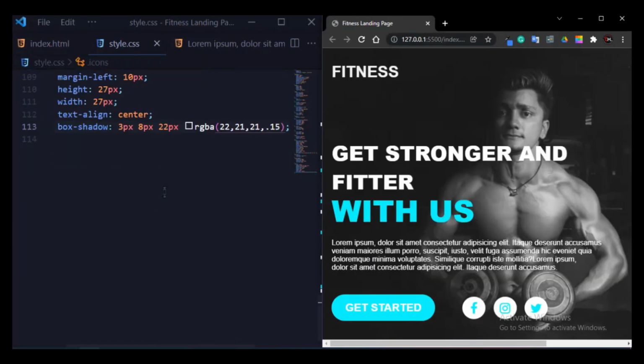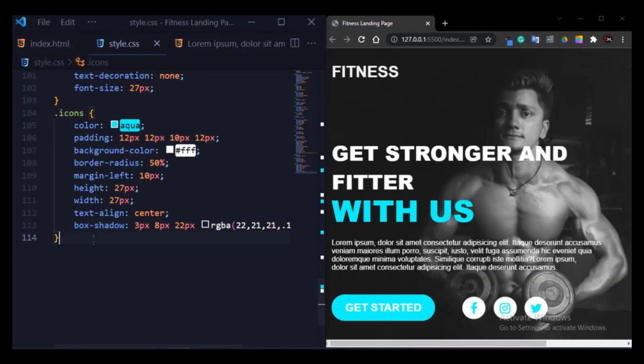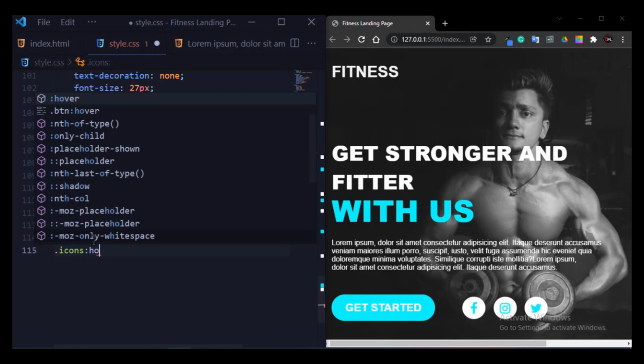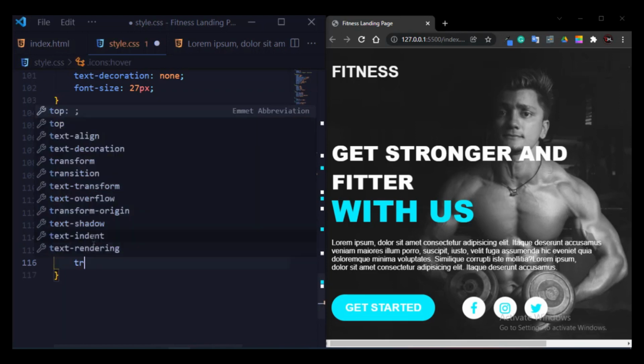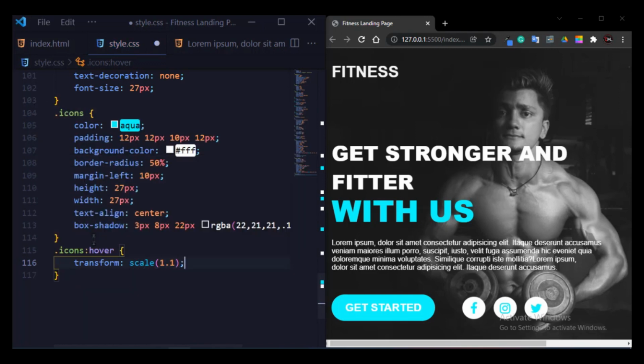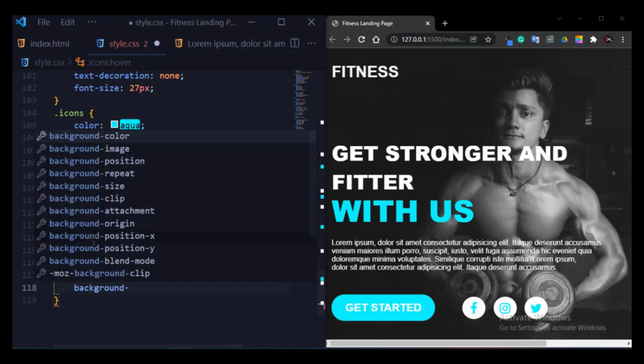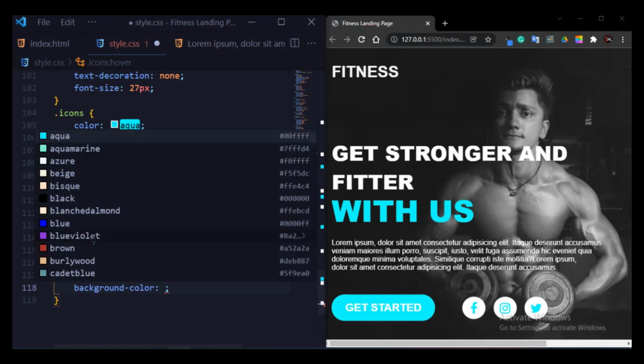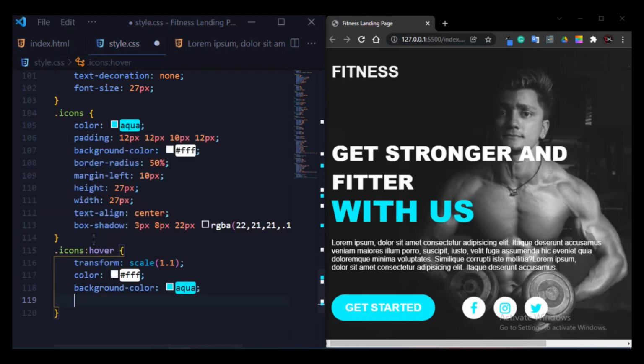So now again I will add a hover effect on my social media icons. So I will simply write here icons and hover, transform, scale 1.1 and color white, and now I will change the background color, background color aqua, and give some transition all 0.5s.